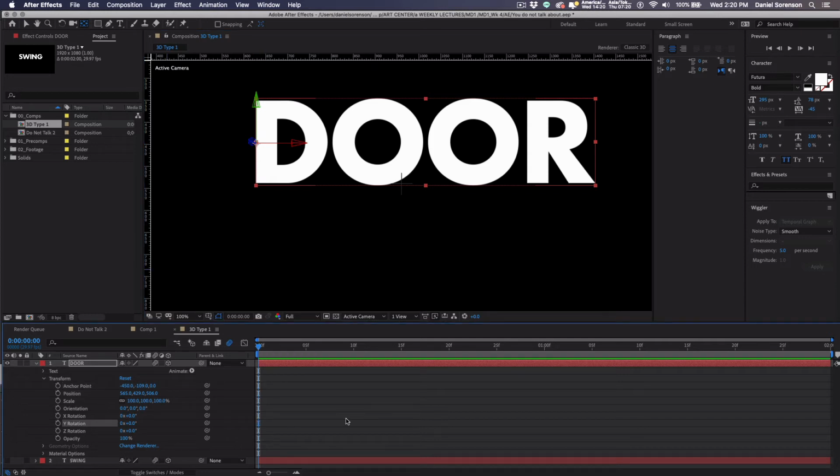Okay, so now I want to swing this back as if it's a gate opening. So this is not going to swing back and forth like a swing. This will be just like a door opening, or in this case a gate. It's going to rotate around the green, so that's RG. That would be around the Y axis. So I'll put a keyframe at the beginning for Y, and I'll go out maybe 15 as before, and then